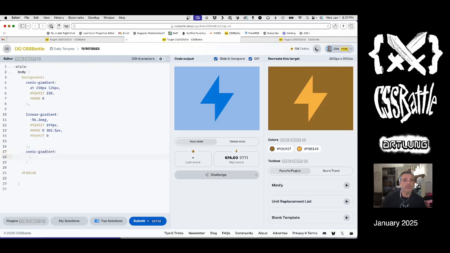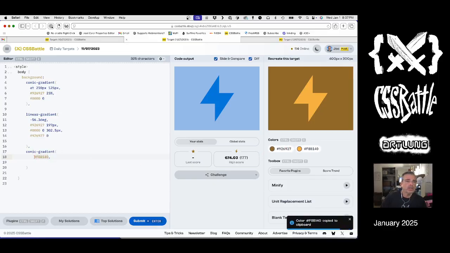The order is probably somewhat arbitrary as long as you've got transparent in the mix for the upper ones. This is fine. We don't currently have a valid gradient, so let's see. This one comes around to, so we're going to say he is transparent. No, he's going to be